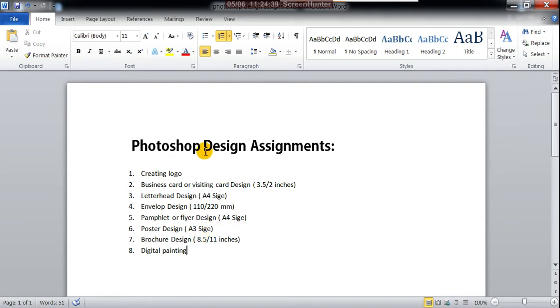So then, what's next? We have successfully finished our Photoshop program. If you have any doubts in Photoshop assignments or Photoshop tools, anything in Photoshop, you can ask me. Today, for the time being, I'm starting the Illustrator intro, and I'll explain the difference